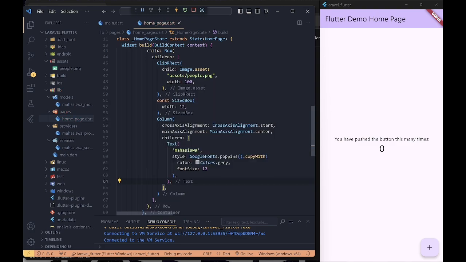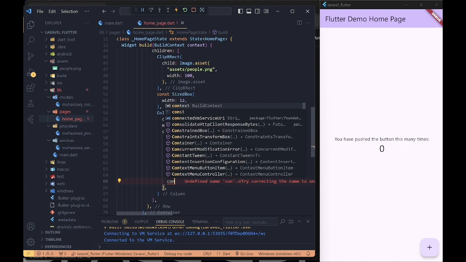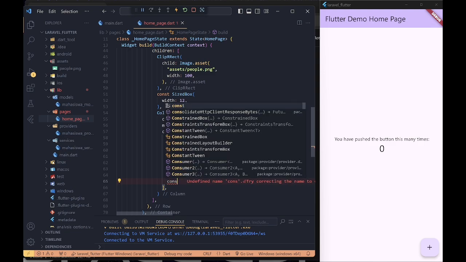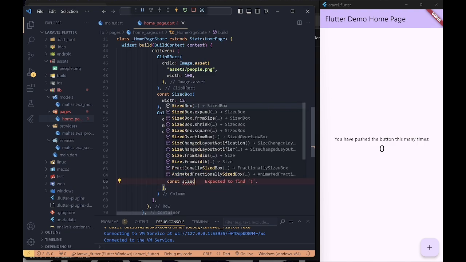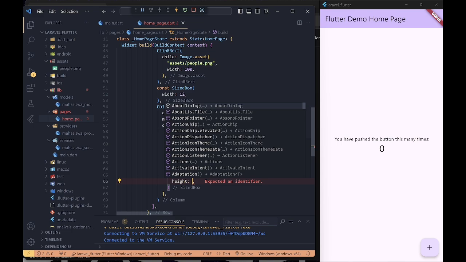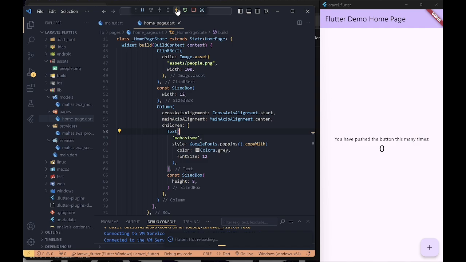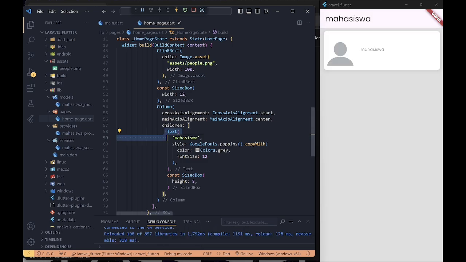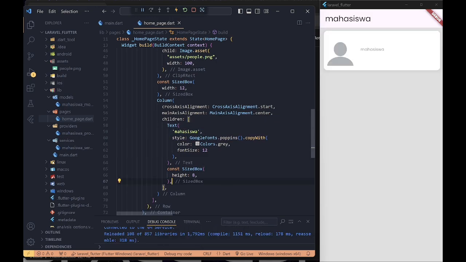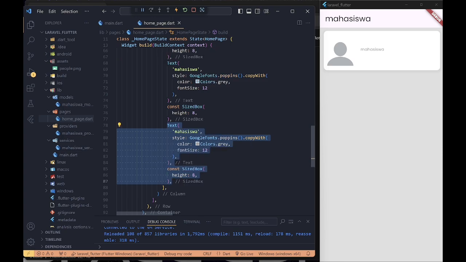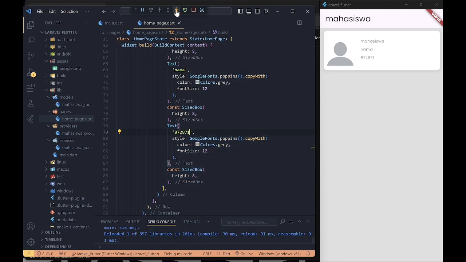And font size is 12. And now I add a SizedBox again, so there is space between the texts. Now I copy, I change like this, so this is for the front end.